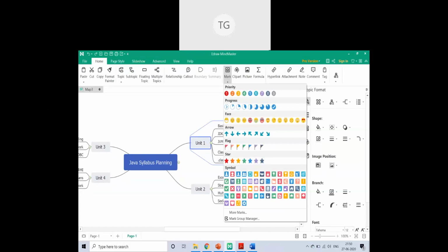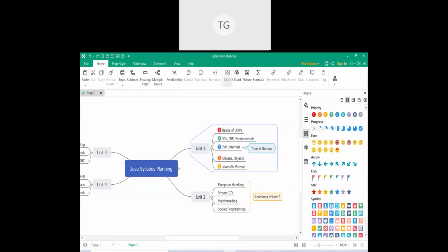The next option here is marking a mind map or marking certain subtopics. Now, why is this important? In my unit 1, I had certain topics, and they are mentioned in a certain way in the course. Now, I probably want to have a priority associated. So whenever you click on the mark section, this right panel gets populated with certain items, the first of which is priority. If I want to prioritize my subtopics, like if I have 1, 2, 3, 4, 5 topics,